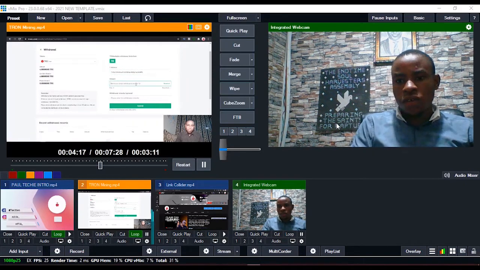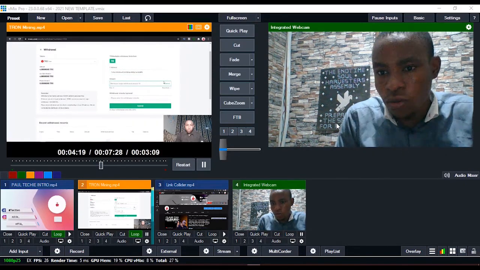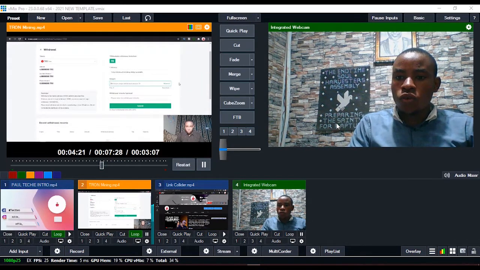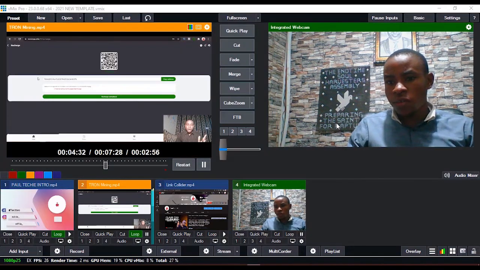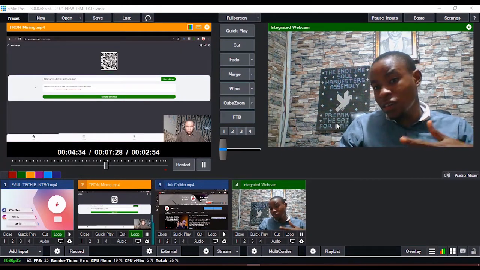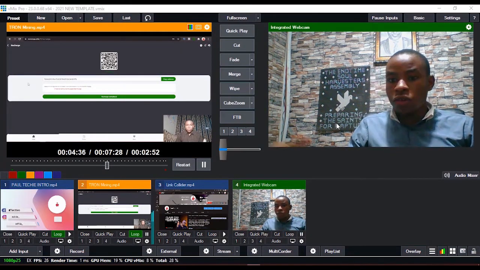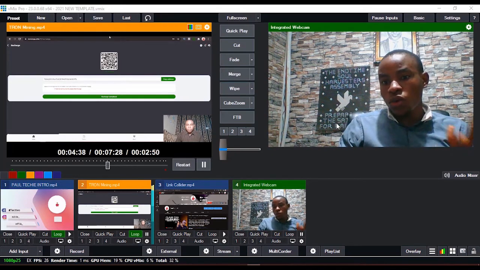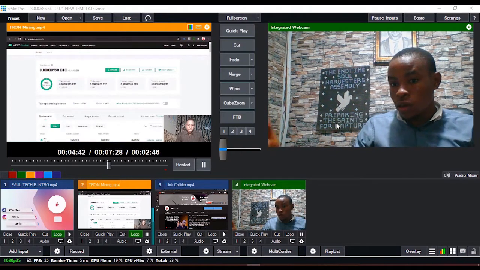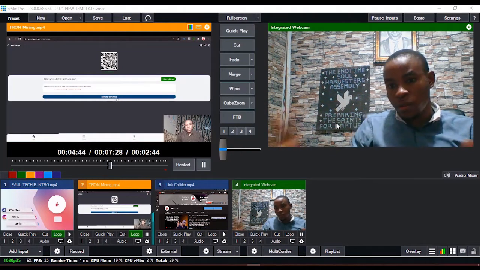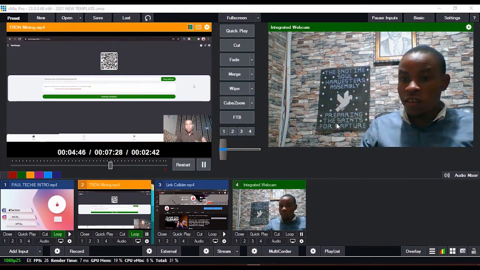Okay, so in case you're using a single laptop to do your streaming and you also want to use it to display your Bible on the screen, use the Easy Worship 7. It has the NDI option there that you can use to bring in your Bible verse on vMix, but it also consumes the system resources. That is depending on the type of laptop or system you are using.